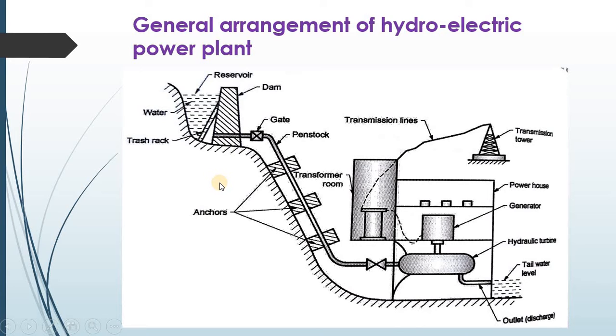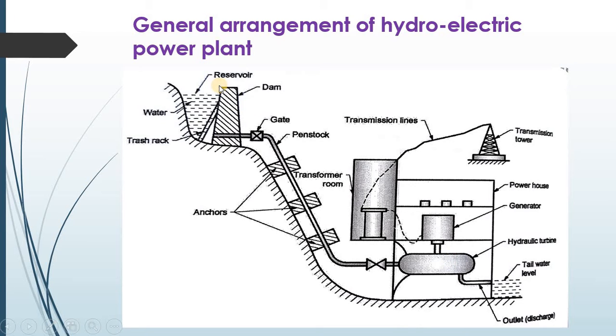As we all know, the operation of hydroelectric power plant is that the potential energy of water is converted into kinetic energy first, passing through the tunnel to the powerhouse. The kinetic energy of water is converted to mechanical energy in the water turbines, and the mechanical energy of the water turbines is further utilized to run the electric generator. This is the common principle of hydroelectric power plant.